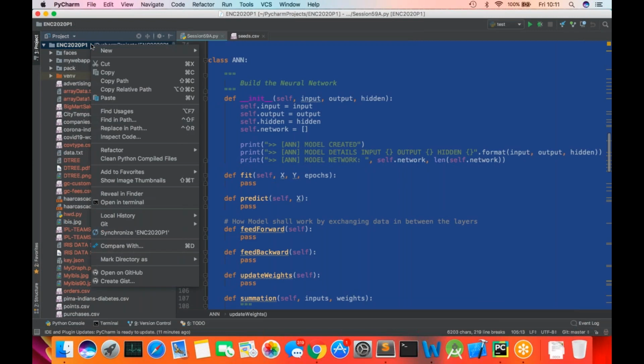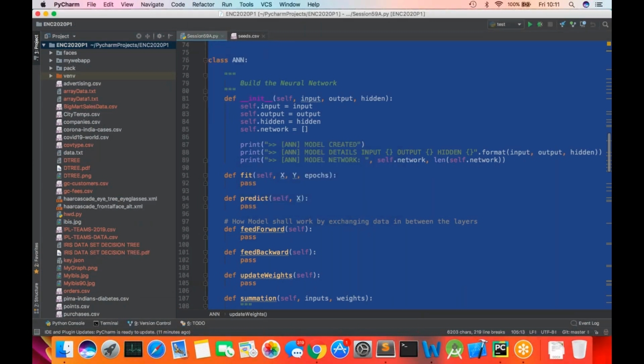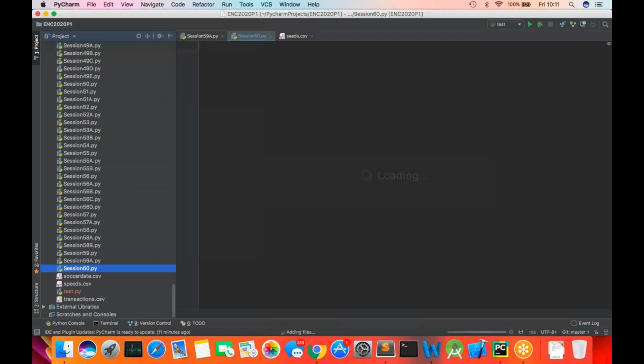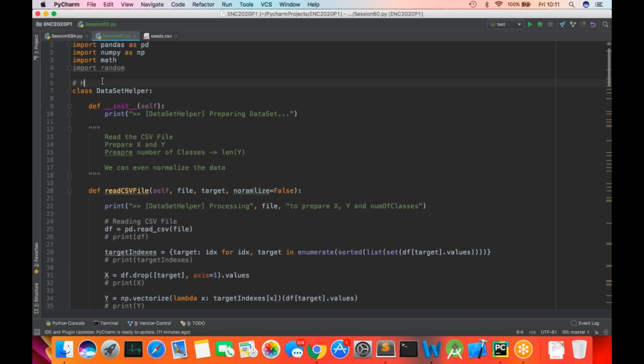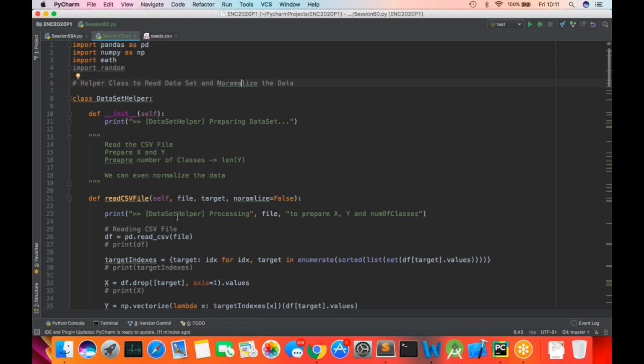So let's write this session as session number 60. So guys, we got the dataset helper. This is your helper class to read a data set and normalize the data. That was the first job of this helper class. You want to read a CSV file and normalize the data, you can do that, right? Second thing was to create your X, Y, and